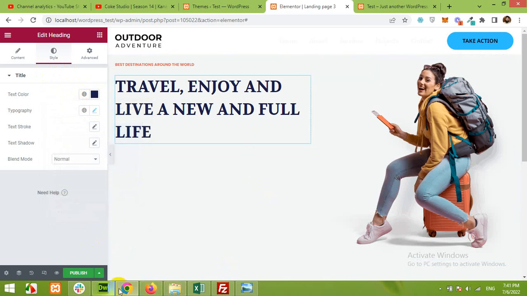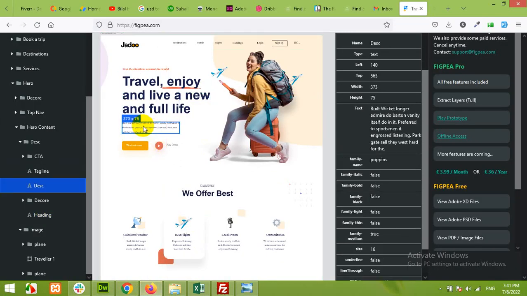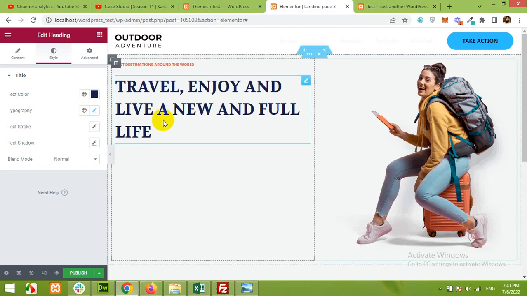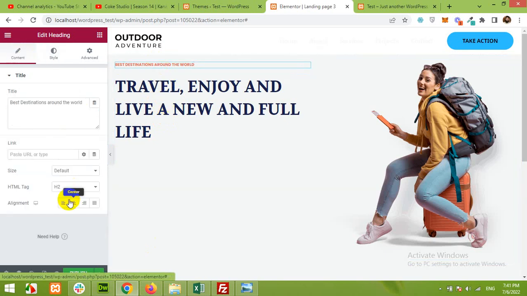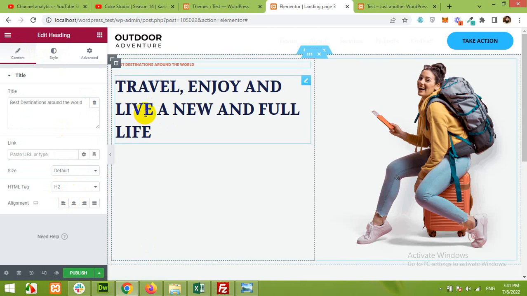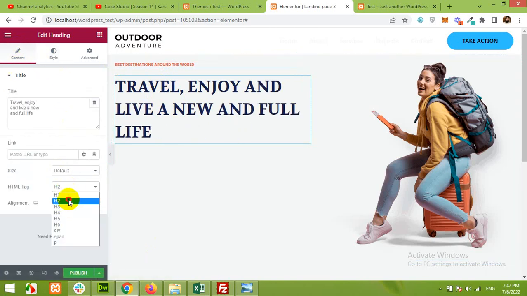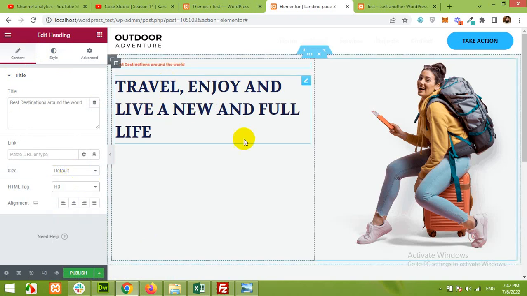Okay, we have it. Now come to the next section, copy the text and click here. You can also choose the tags for these titles. For example, if you click on the first tag and come to content, then you can see this is H2. For the next one you can choose H3, or you can just choose H2 for this and H3 for the above one. There can only be one H1 on the page. If you want to make it H1, then you can do it. Okay, now the next thing,